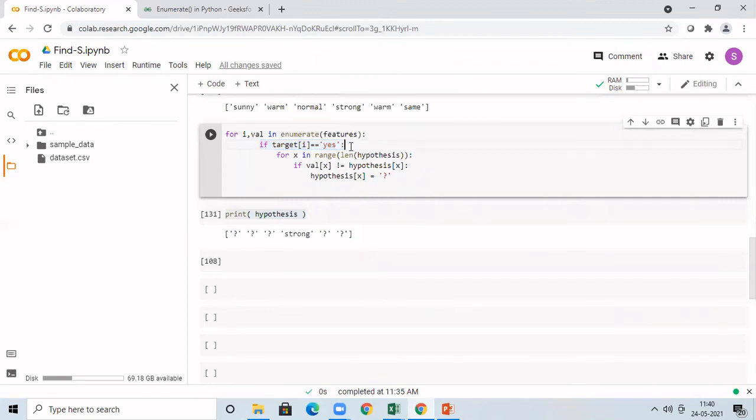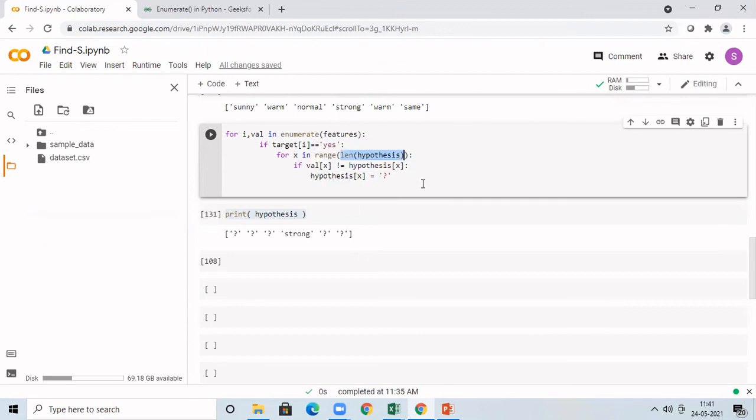Now, what do you have to do for the positive sample? You have to change your hypothesis. So for changing the hypothesis, the entire hypothesis you have to check. Just now I told you, I have taken the hypothesis, I have compared all the features one by one. So you want to check all the features in the hypothesis. We don't know how many features there are, so I'm going to write for x in range of len of hypothesis. This is the hypothesis we have printed. Len of hypothesis is nothing but the length of the array, that is 6. So for i in range of len of hypothesis, I'm going to run this for loop totally 6 times.